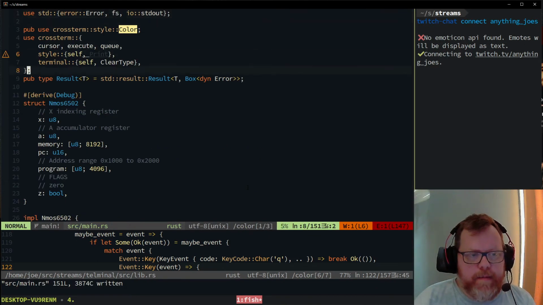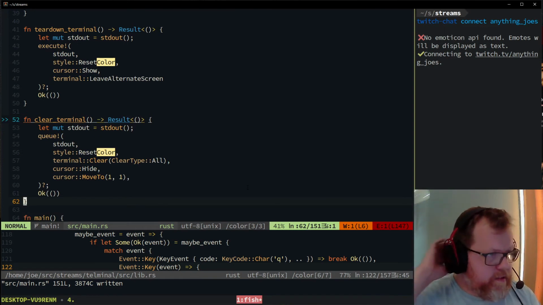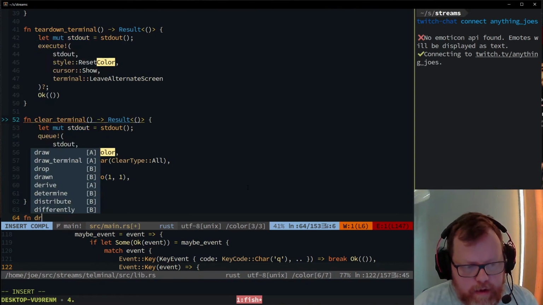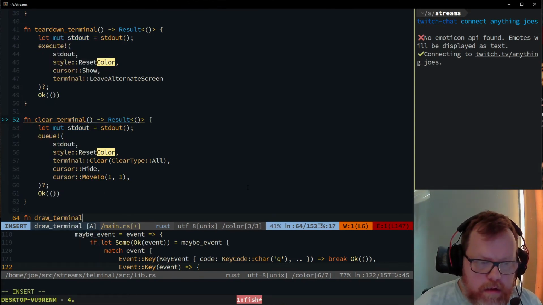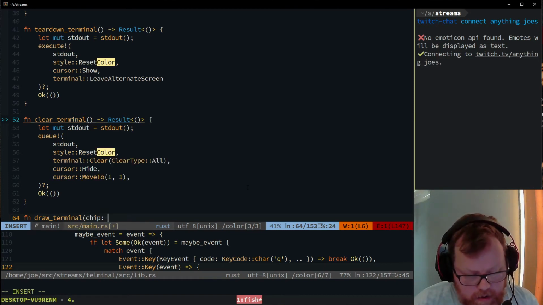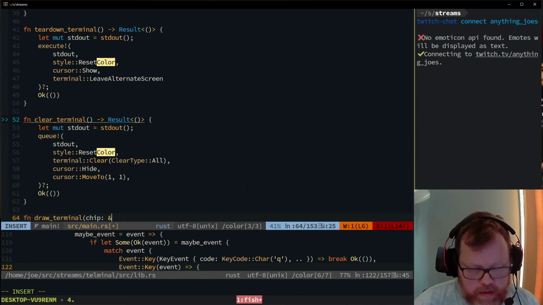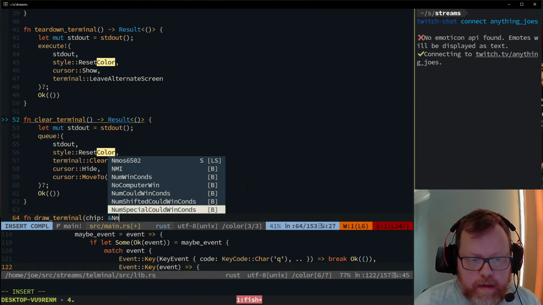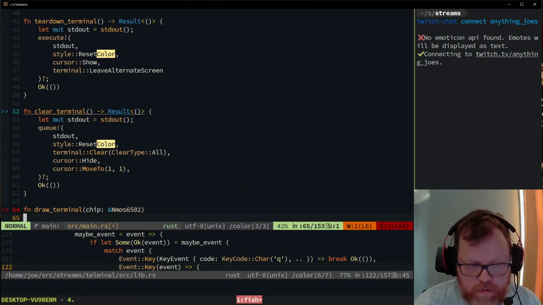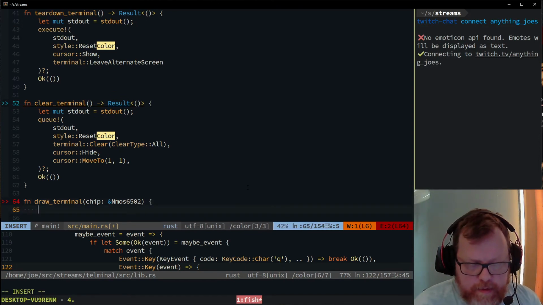And we need to implement draw terminal, so we'll do that. Probably pull this out into a utility module at some point soon, but for now we can just leave it here while we're working on it. Draw terminal. We're going to do chip is a reference to chip, a mutable reference to our chip. I don't think it's going to make sense for us to